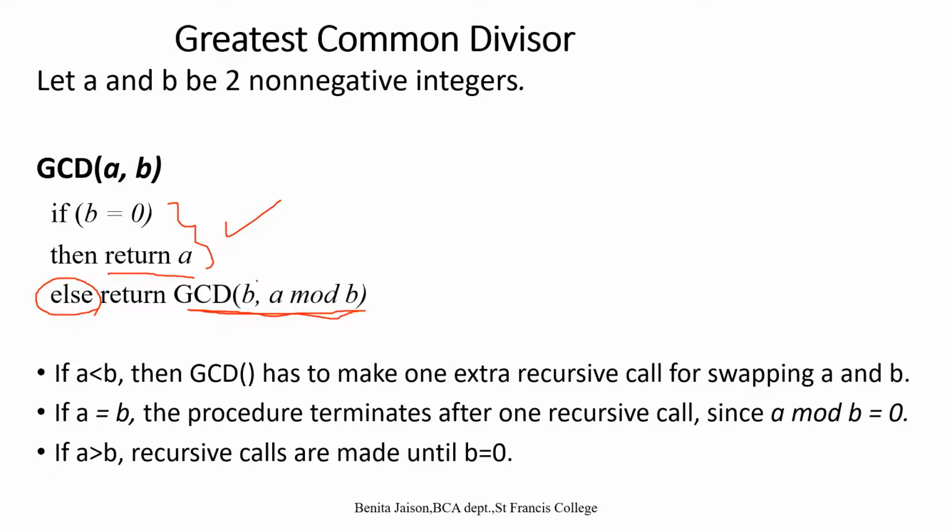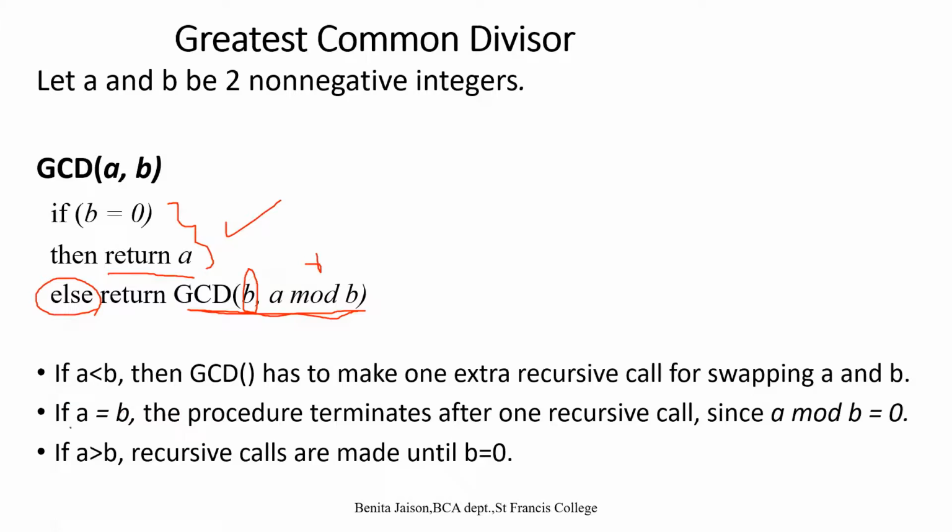So in each row, we know that we are repeatedly calling the GCD of A, B. In place of A, we will be passing the B value. And in place of B, we will be passing the R value, which is the previous A mod B. Now, in this thing, as I told, there are some extra things which we have to understand.